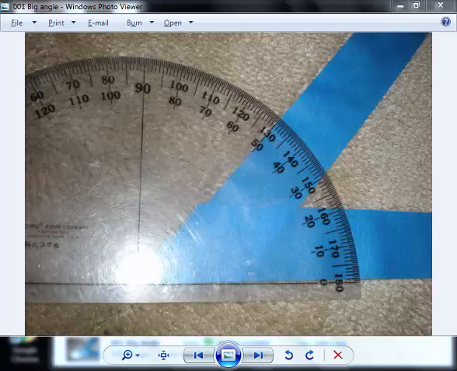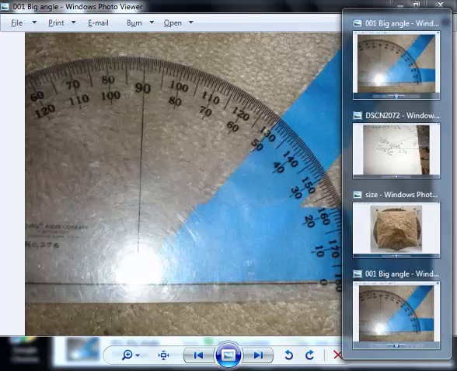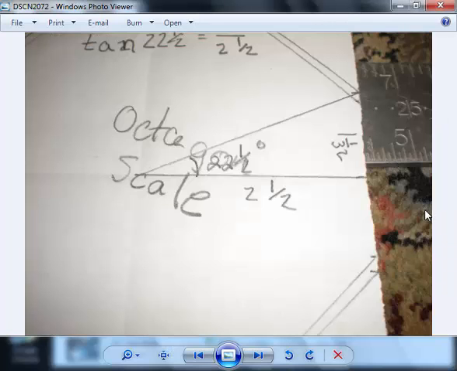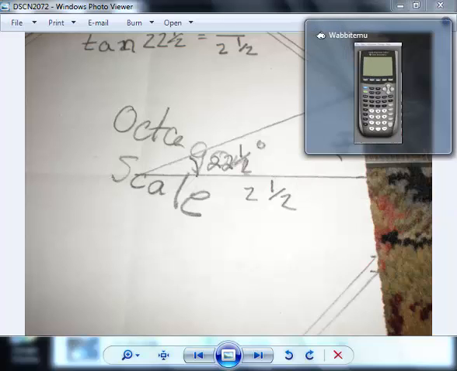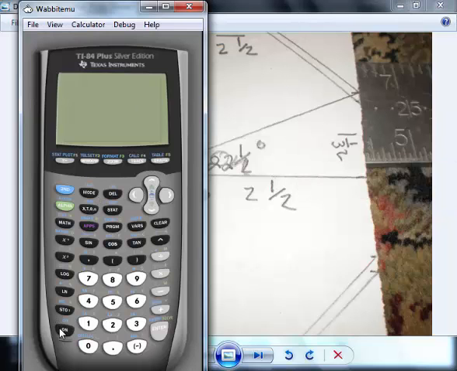So this is the lesson where we're going to talk about finding the sizes of angles. I think this would be a good example of where to start. In this diagram, we're trying to find this angle, which I said is 22.5 degrees, and actually that would be true if it's an octagon. But I measured the length of this side, and it's 1 1/32 inches, and the length of this side is 2.5 inches. So on my calculator, if I take